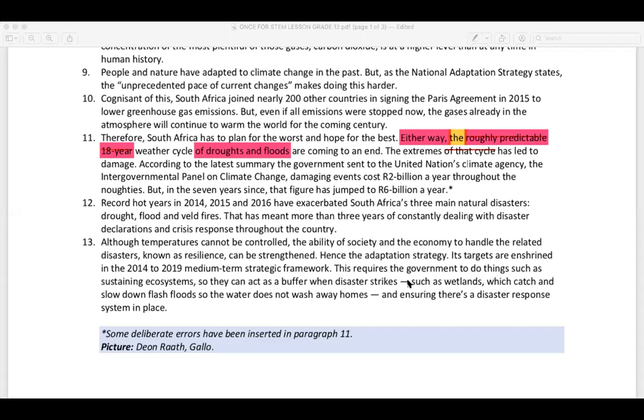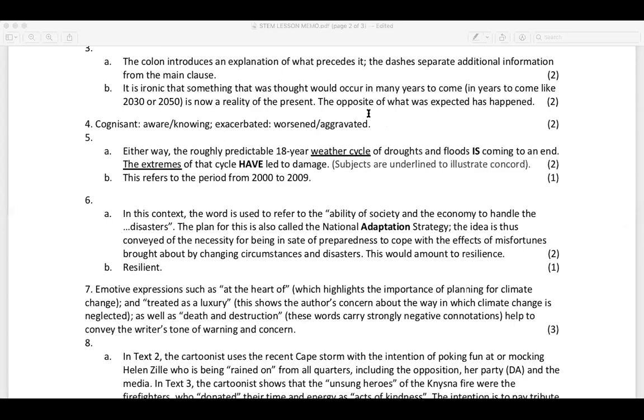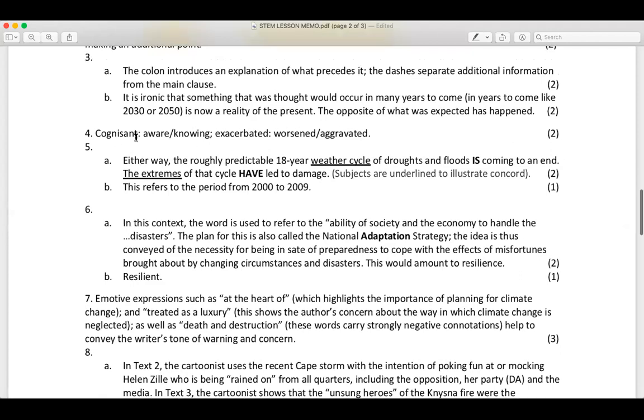Lovely. Let's go back. Okay, so if you want to see the memo, it's fine. You're more than welcome to see the memo. And let's see what it says. So let's see what the memo says, the memorandum. Okay, I hope you guys can see it. Not sure if it's sharing. Okay, so either way,